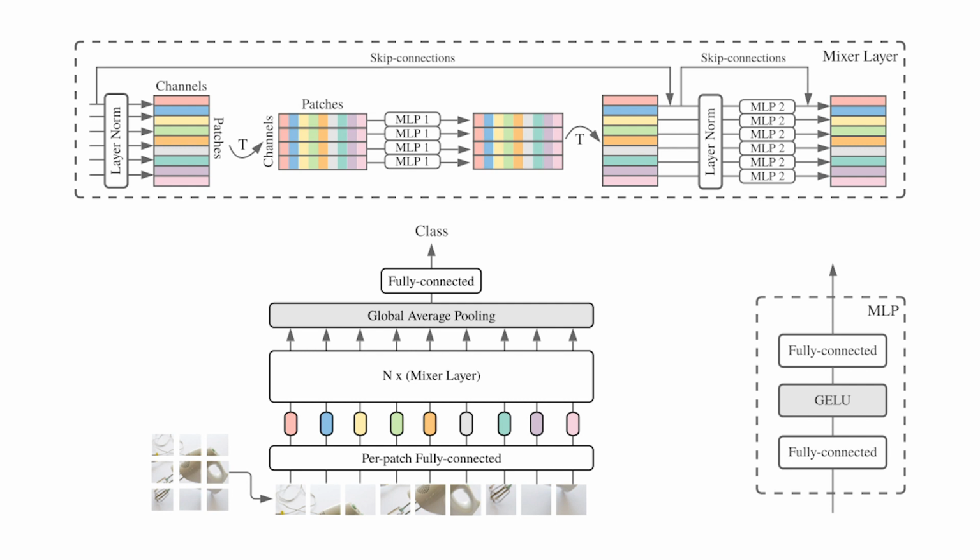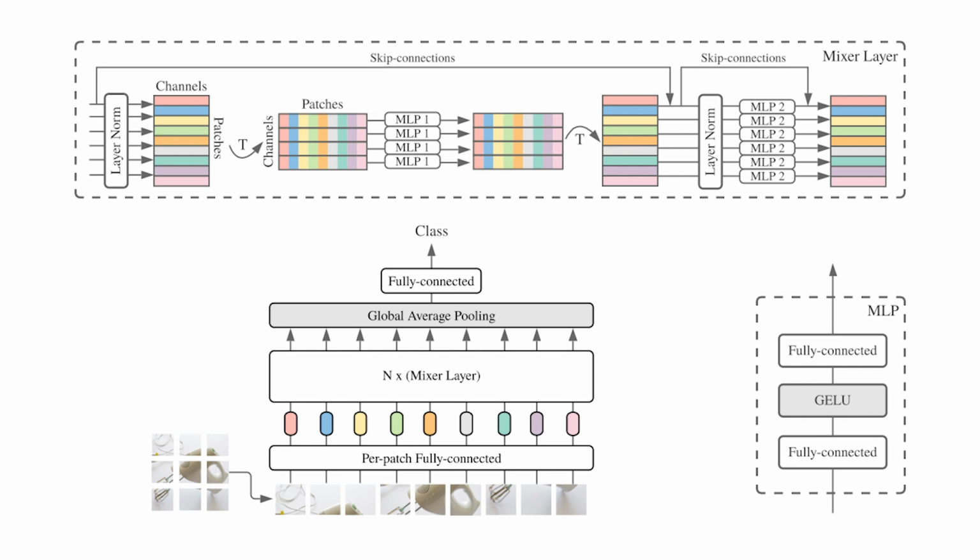We take our embedded patches and feed them through multiple so-called mixer layers. Similarly to self-attention, the output of this mixer layer will have exactly the same shape as the input. The forward pass then continues with a global average pooling that is going to average over the patch dimension. Finally, we send this average tensor through the classifier head to get the class predictions.